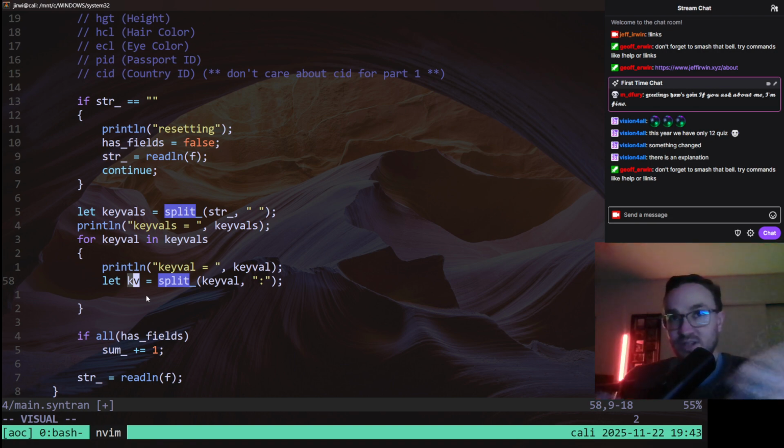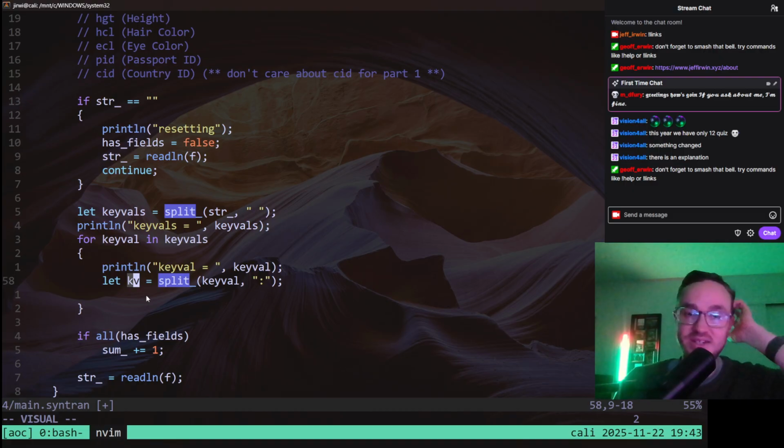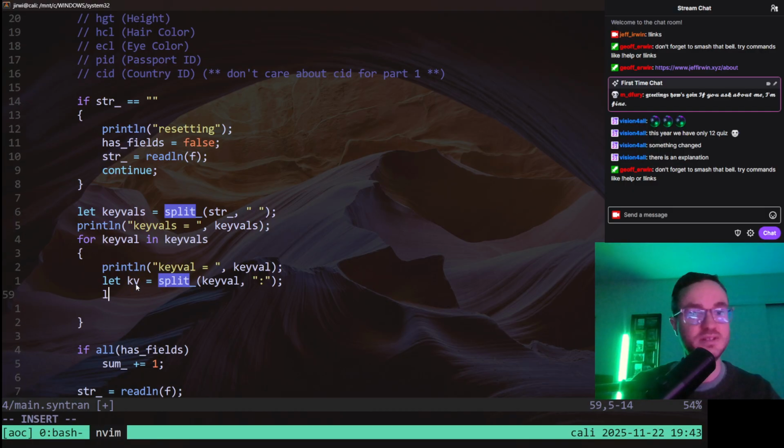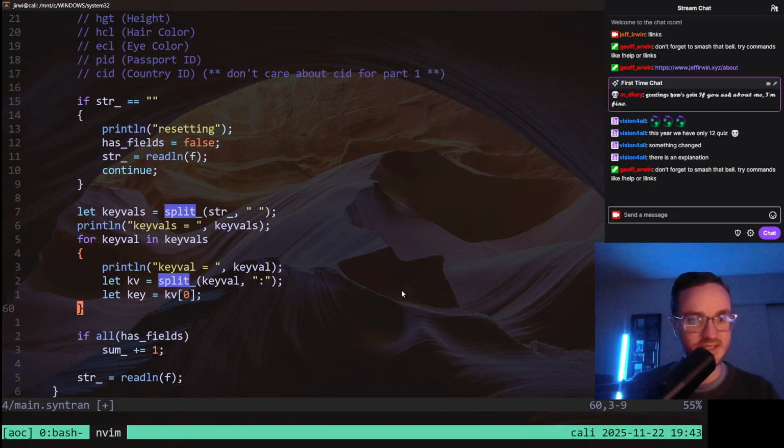For part 1, we don't care about the value. We just want to see if all 7 of the important keys are present. So let key equal kv 0. That's going to be the first element of kv. And then